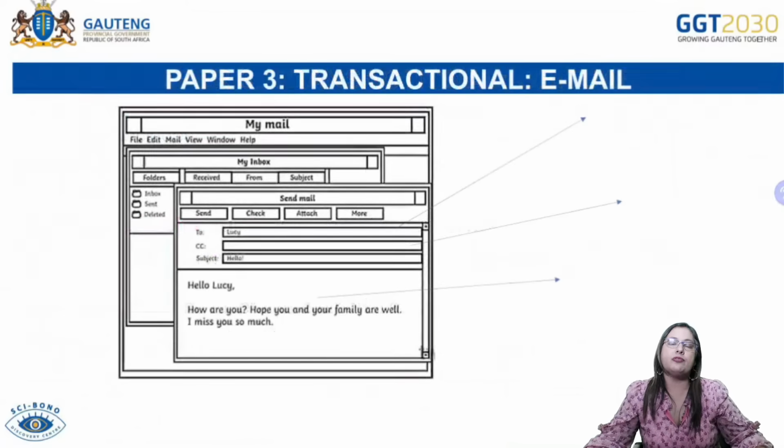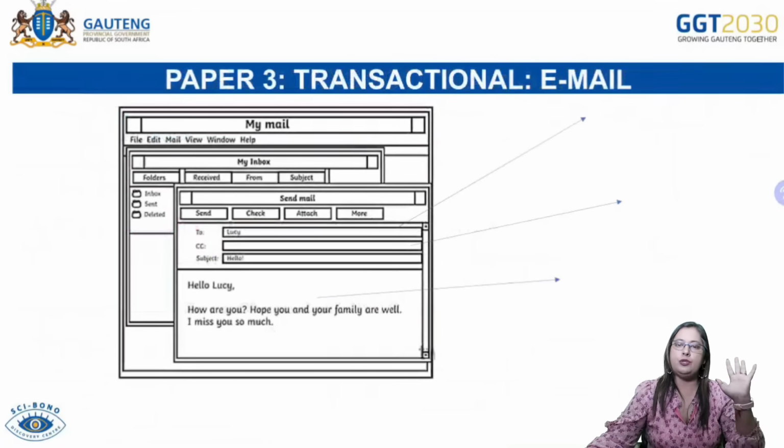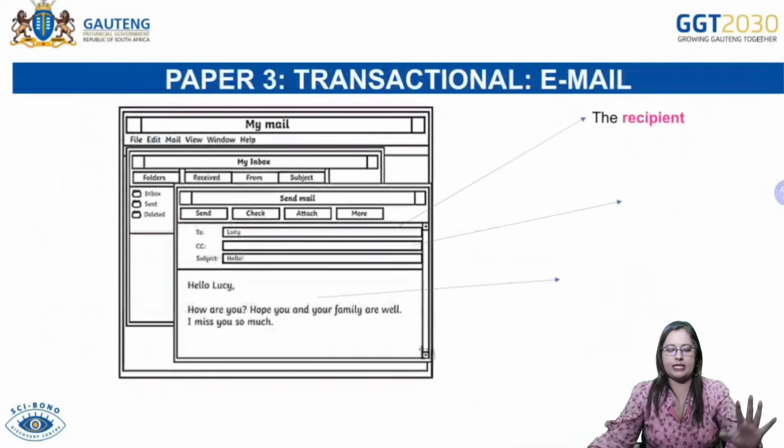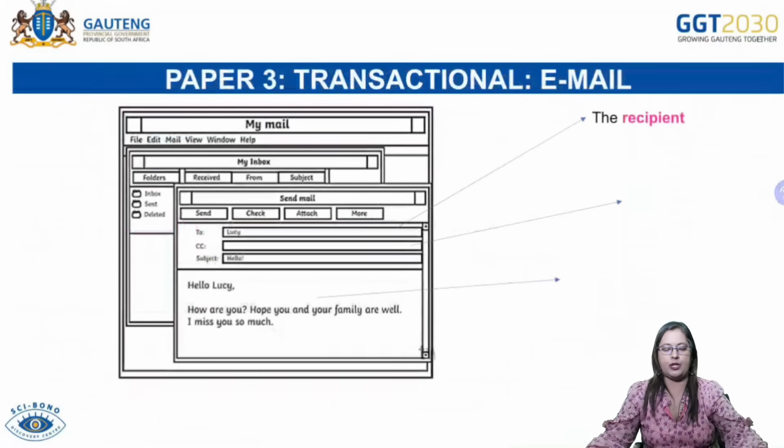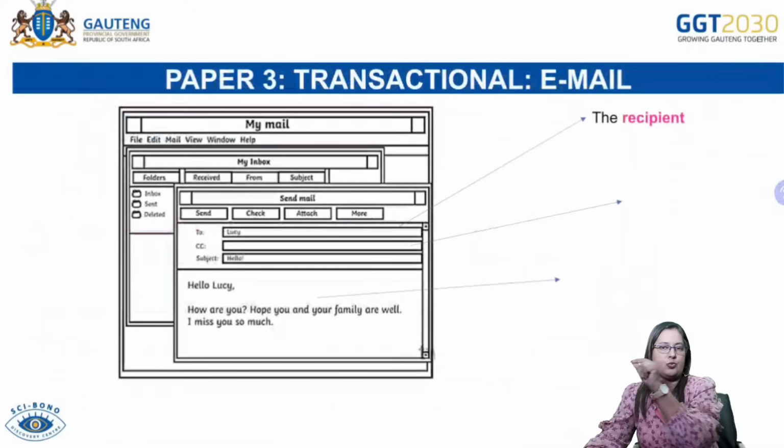Good. Then we've got the email. Now, this is a much easier one to do. It may appear, it may not appear. We don't know what's in the paper. But if you get the email, you need to obviously ensure that it looks something like this, where you've got the recipient. So firstly, from will be who is sending the email. The recipient is the one that's going to receive it. So whoever it is at what.